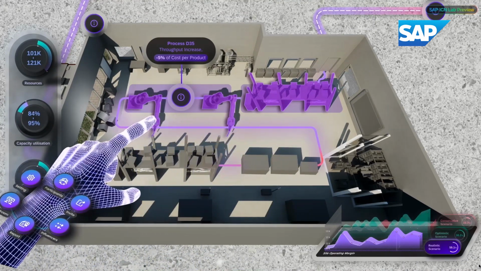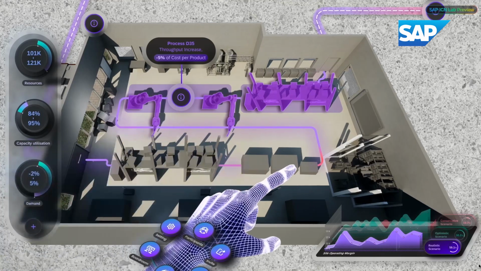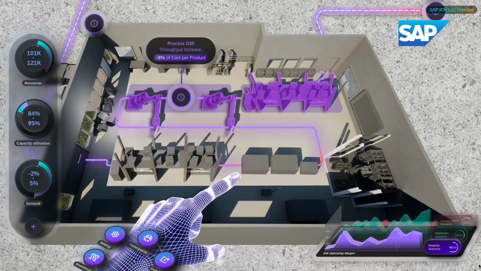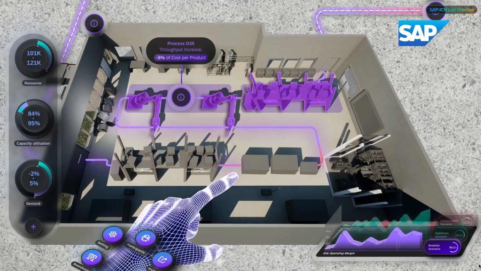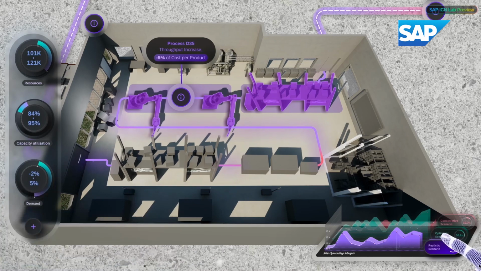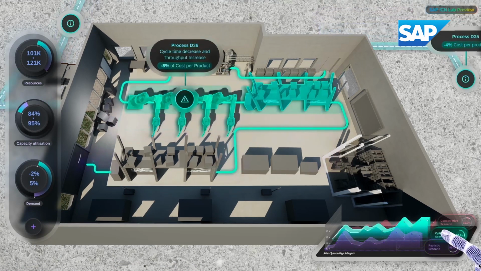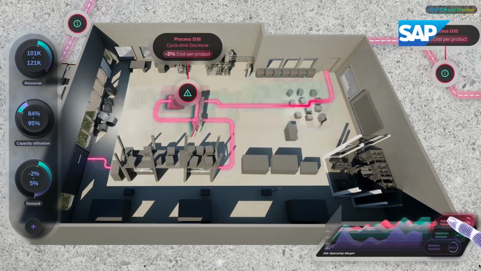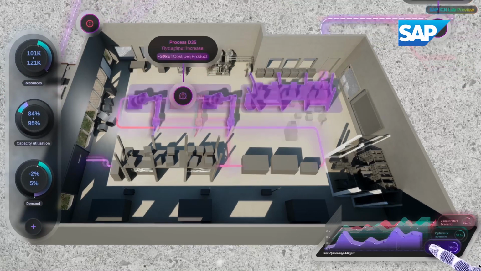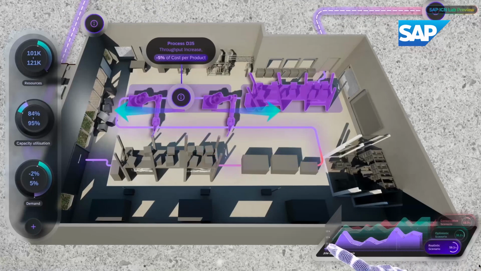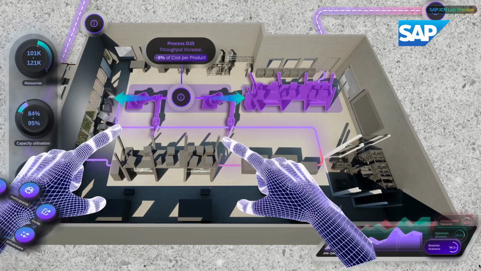Utilizing digital twin and 3D capabilities, Andrea can reshape the production layout, including an additional step to the process flow, increasing capacity utilization and enabling production cost reduction. Andrea can navigate and see multiple scenarios: realistic, optimistic, and conservative, as well as viewing the probability of each one happening. She sees how throughput can be improved and cost per product can be reduced by producing more products in